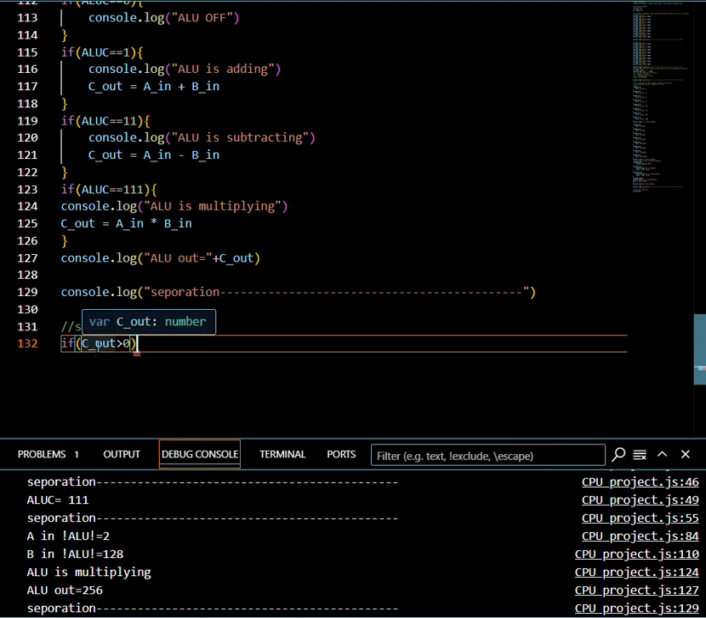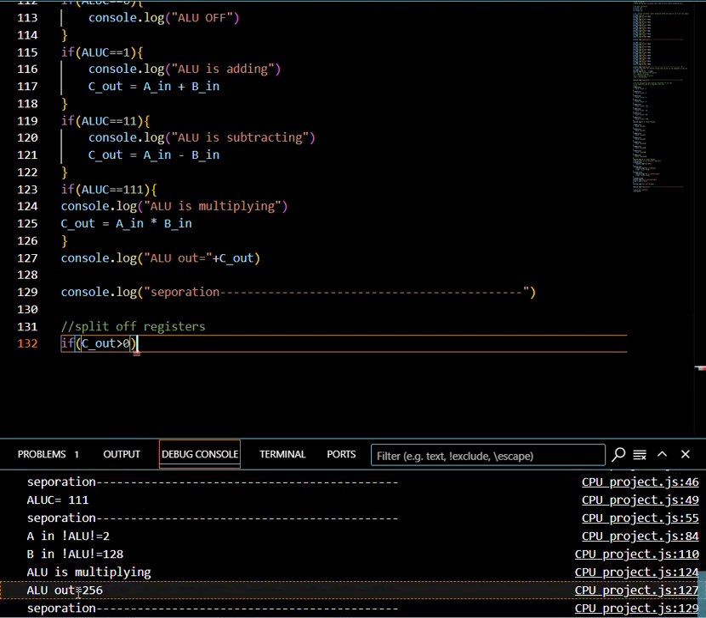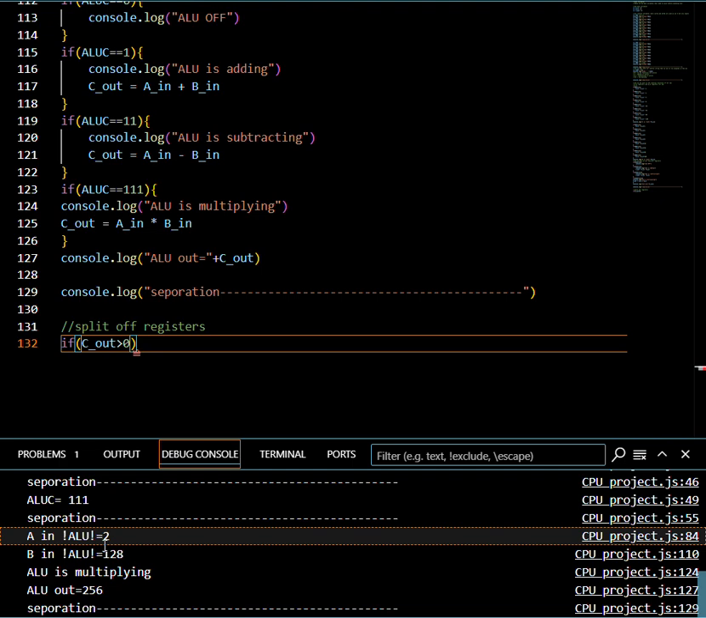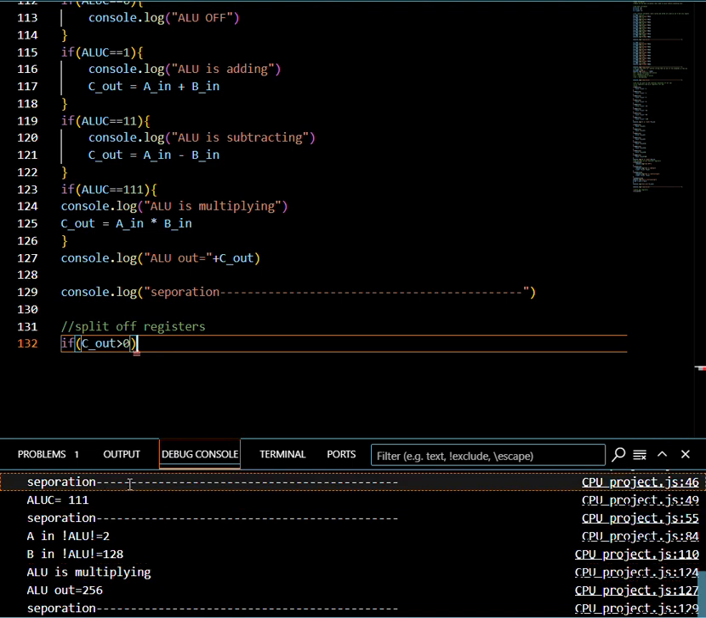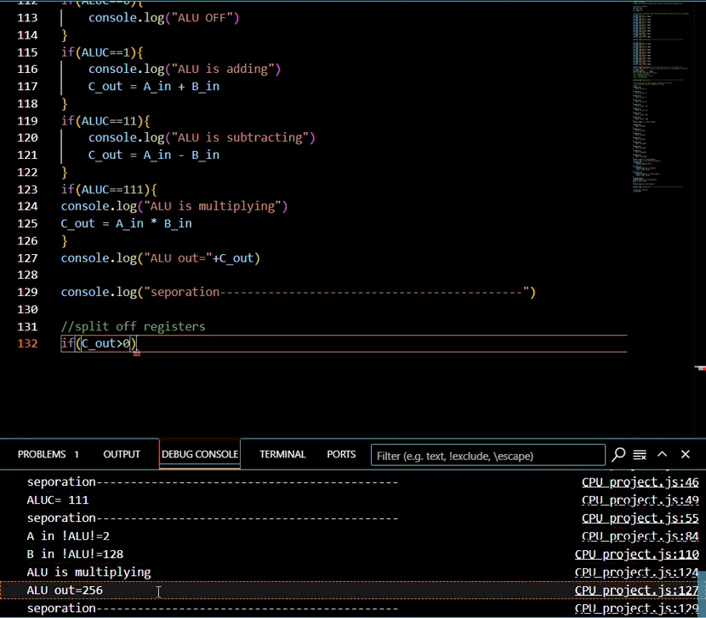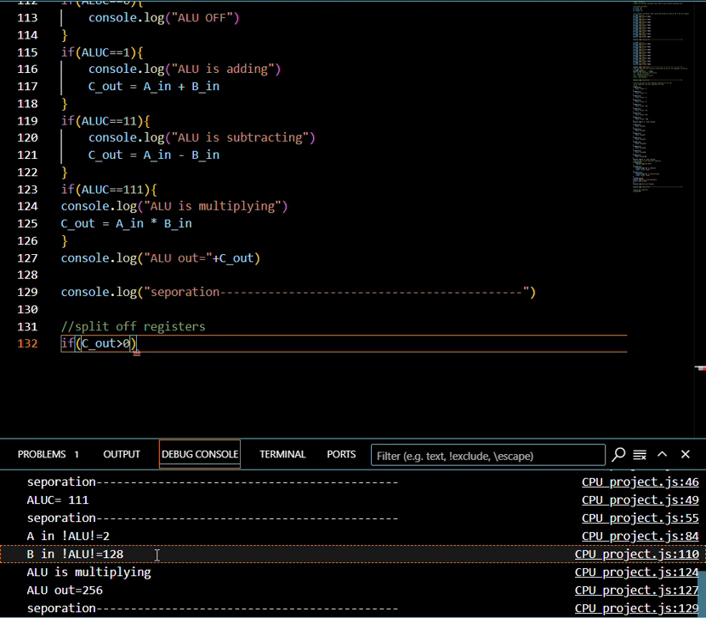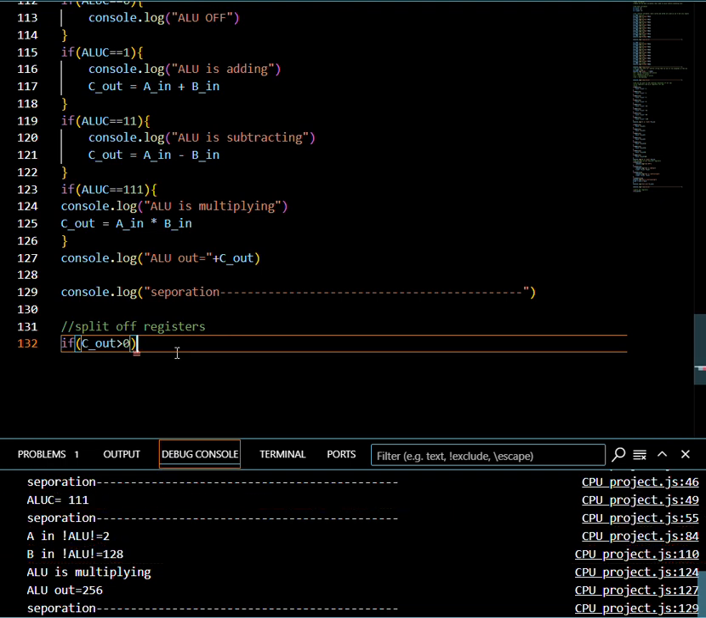So if C out, which is the output of our ALU, which you can see down here, because in the last video we did 2 times under 28 to find out what our next bit is. And like if we upscaled one more bit, and what we need to do now is figure out how we can split this back into 8-bit binary. And the way that I'm going to do this